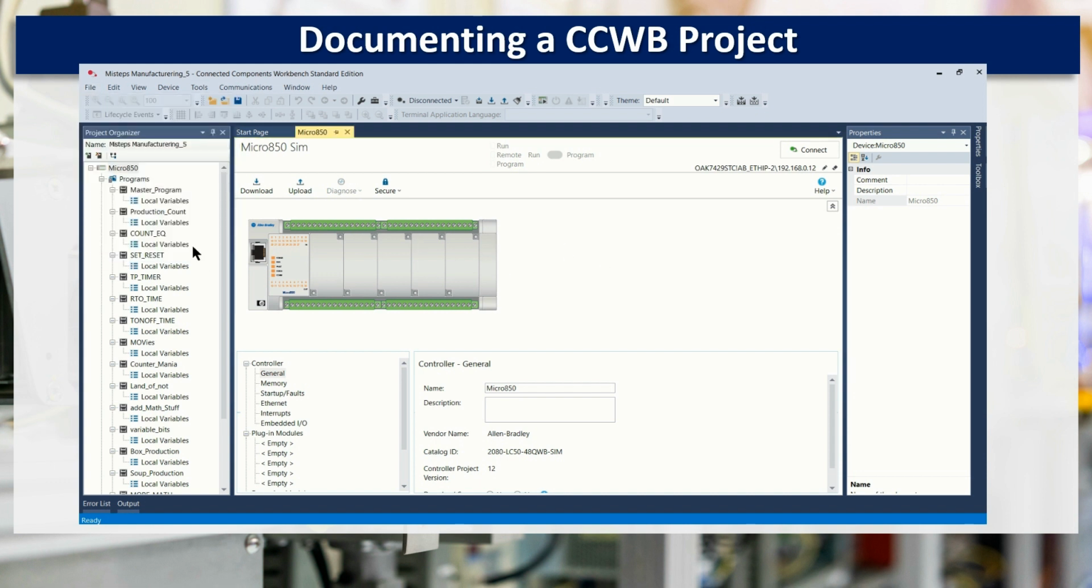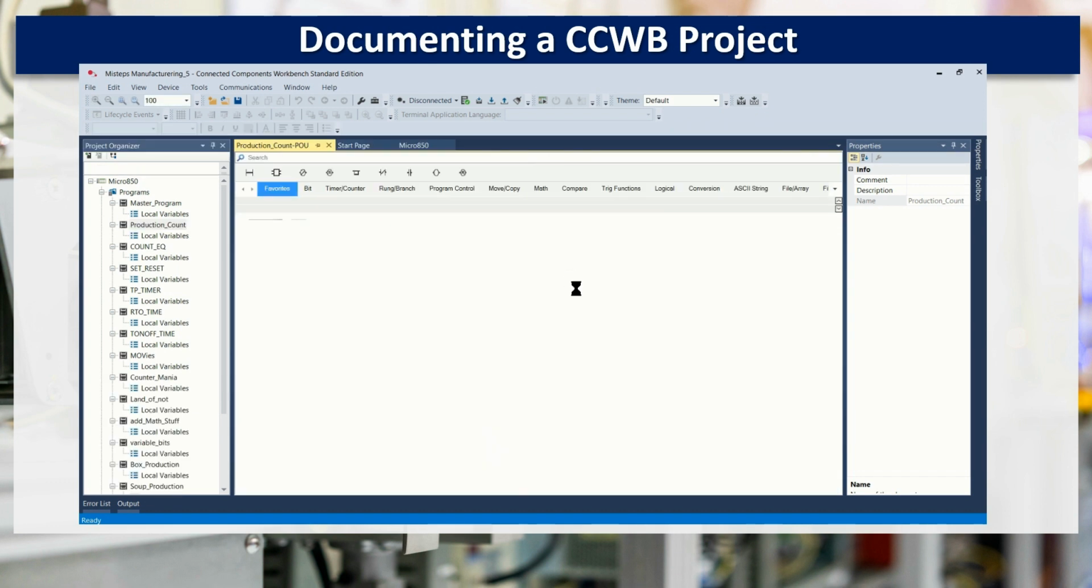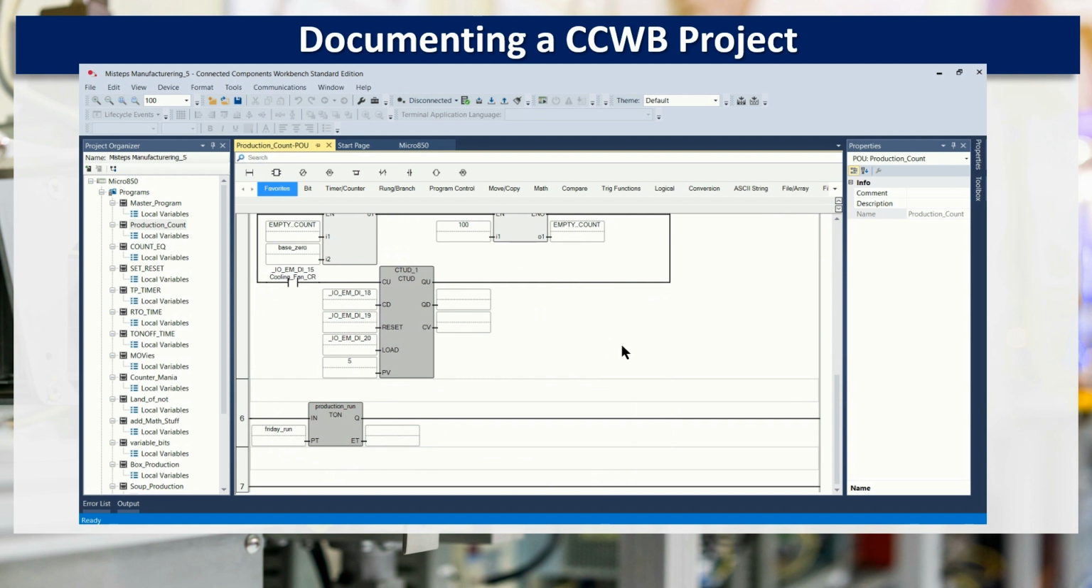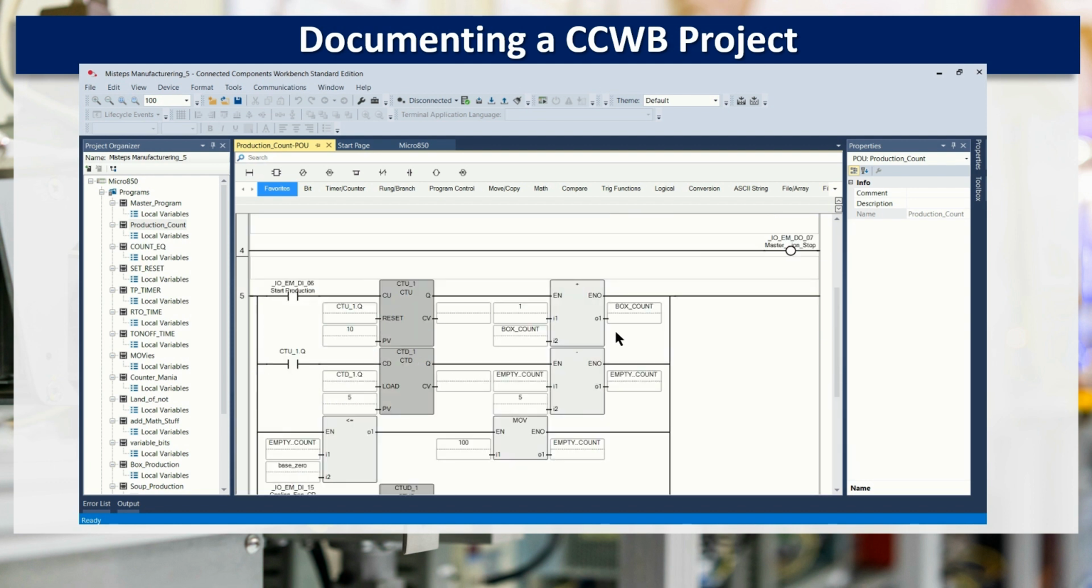Let me show you what I mean by that. So here we have a whole stack of programs that are running within the Micro 850 project called Missteps Manufacturing 5. If I go, just as normal, to production count, I'm going to open it up and take a look at what's going on inside. It has some logic, no comments, but it has some logic in there. Now if I just want that, maybe to print it off and write scratch notes before I actually type in what I'm after, then I can select that, and because it's highlighted, if I hit Control P,